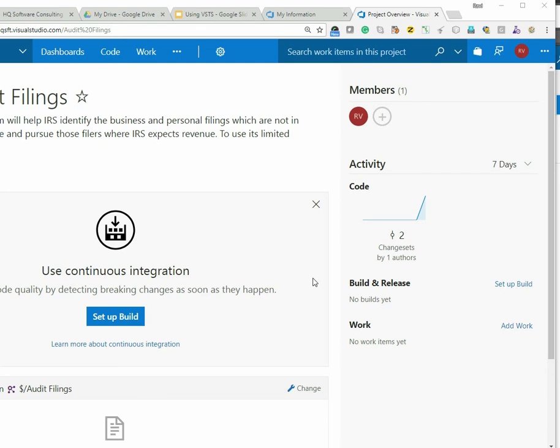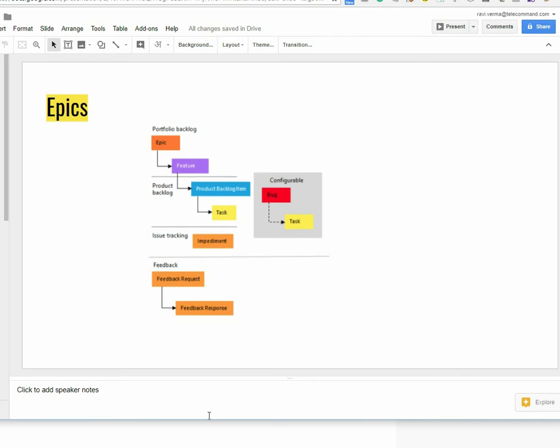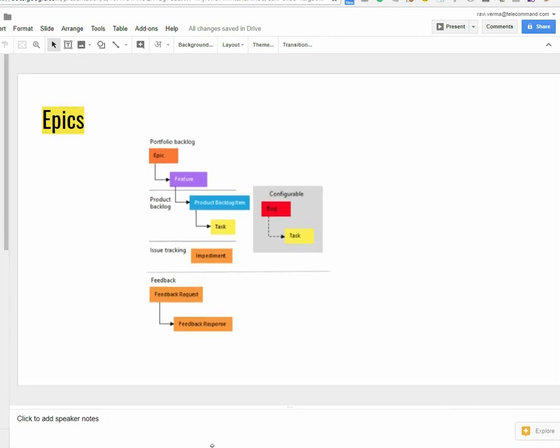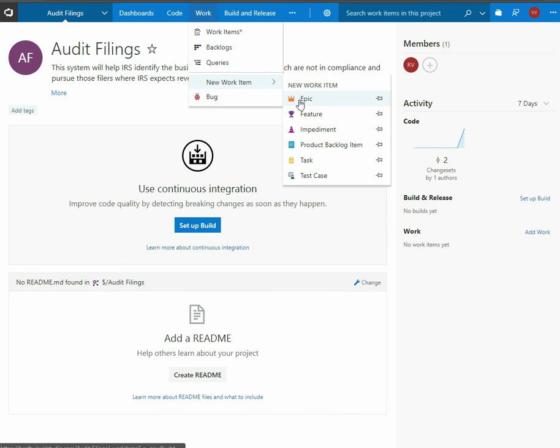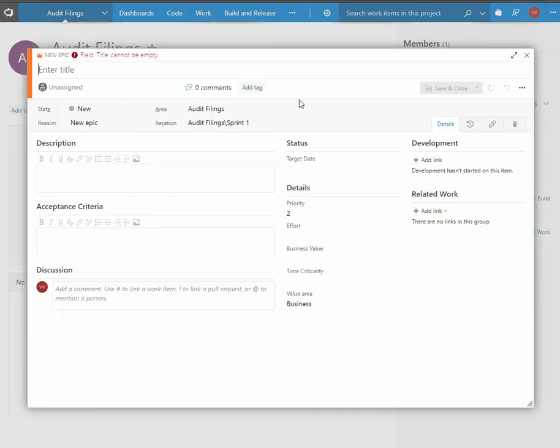This is the default page. Now let's create an epic. You may remember the slide epic. As you can see, epic is part of portfolio backlog. They comprise features. Now we will create an epic. You can specify the title, description, target date,